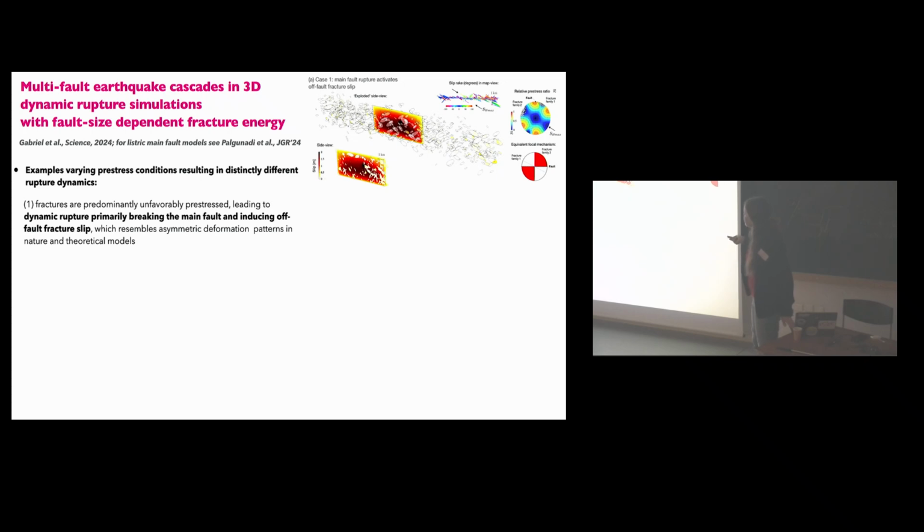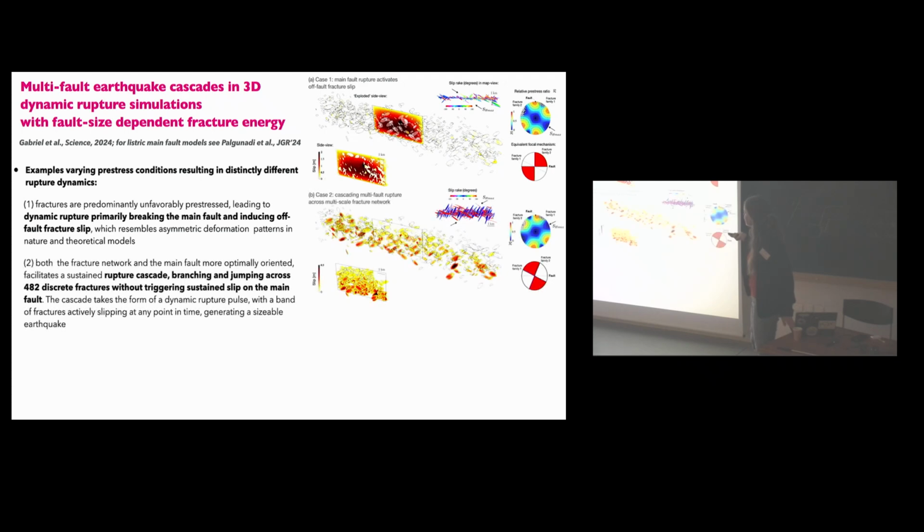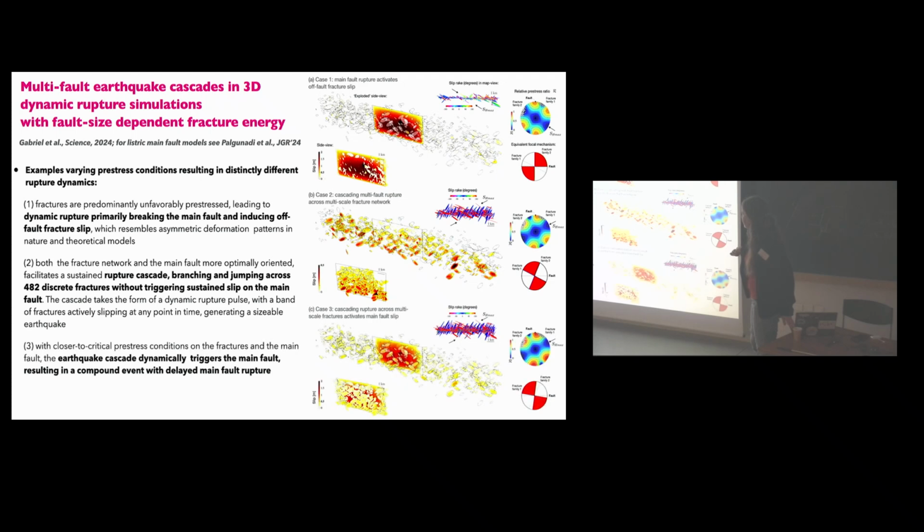So here are some examples of this. I'll just go quickly through this. There's another JGR paper that has a lot of details. So this would be only the main fault rupturing and taking some of the fractures along for the ride, kind of the classical off-fault damage view. This would be cascading multi-fault rupture only in the fracture network. So this is a volumetric earthquake just living in the damage zone. And this is the case that you've seen in the animation, where we start in the damage zone, and then eventually stresses are redistributed to activate a quite large earthquake on the main fault. These kinds of models are only possible if we include the scaling of fracture energy with fault size. Otherwise, we will not be able to model all of these different earthquake nucleation sizes.